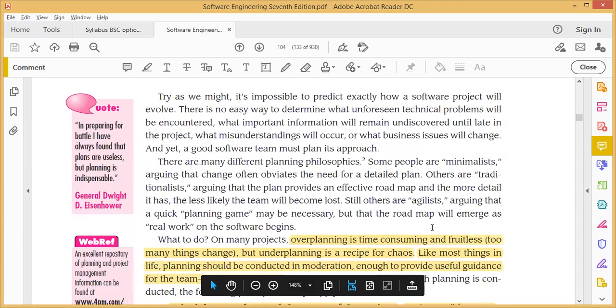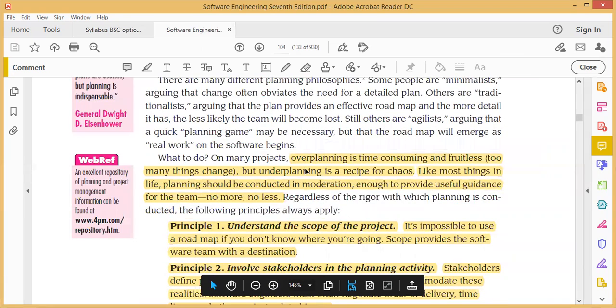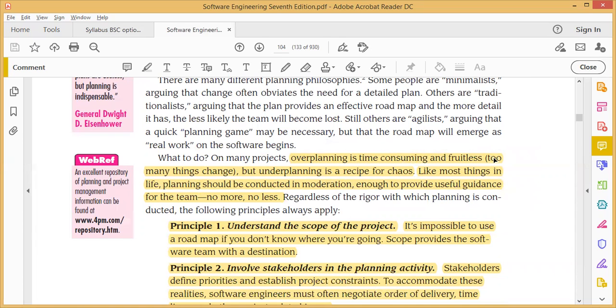Over-planning is time consuming and fruitless. Yes, that happens most of the time while developing a project. Sometimes we plan our project and take too much time planning, but it doesn't really work. So over-planning is dangerous. Too many things change.